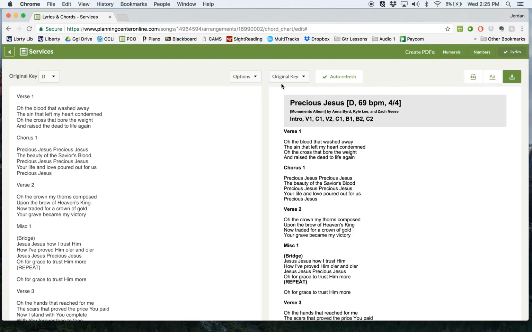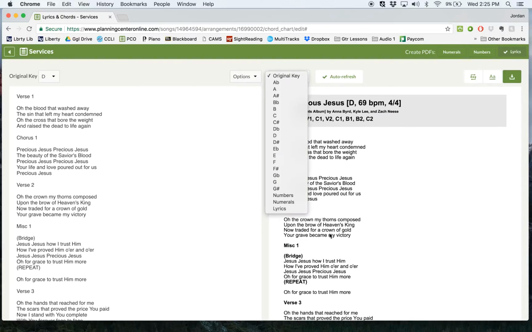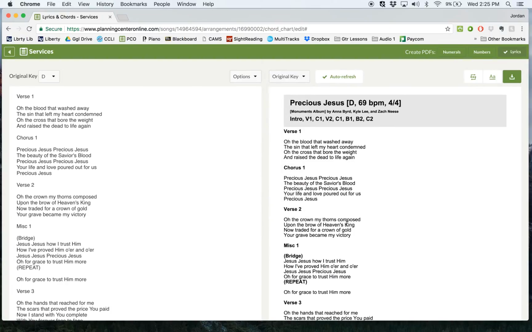Moving on over to the left. If you're having a slow internet connection or a slower computer, you may want to turn off auto refresh for the time being until you've done a lot of chord writing or chord coding, and then you can turn it on and see how it's all showing up all at once. Original key. This is going to be the viewed key. You can actually choose to write in one key over here and view it in another. I've tried that. All it does is make me confused. But whatever. Options. This is where you can add some custom